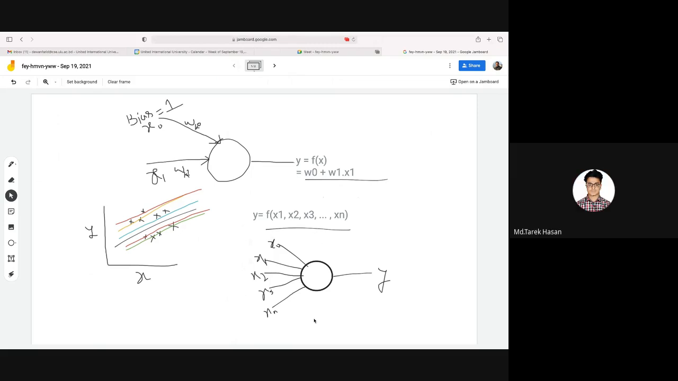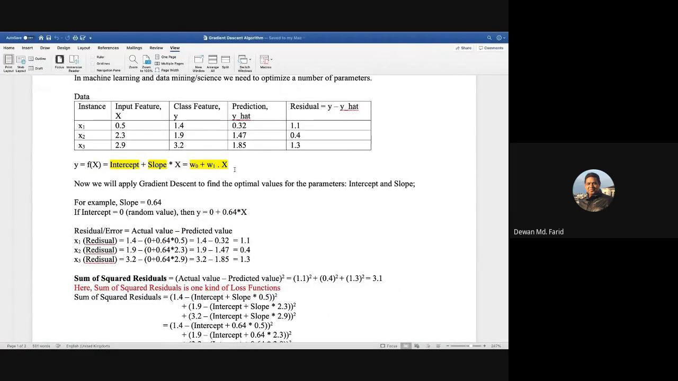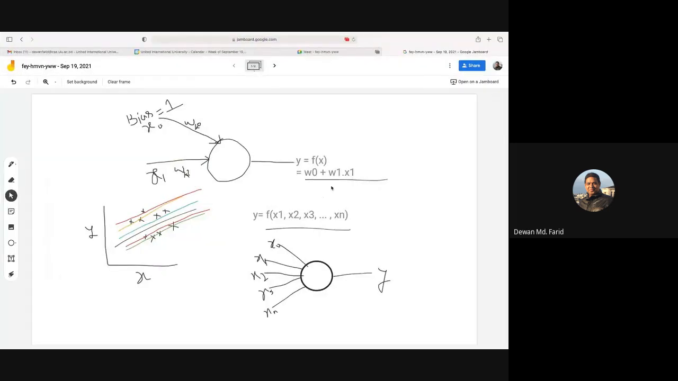Yes, sir. We have n number of inputs. So when we have n number of inputs, these equations will change, right? Yes, sir. So this will be w0 plus w1 times x1 plus w2 times x2 plus w3 times x3, dot dot dot, wn times xn. So we need to find the minimum point for